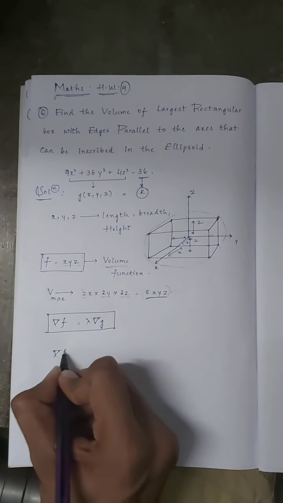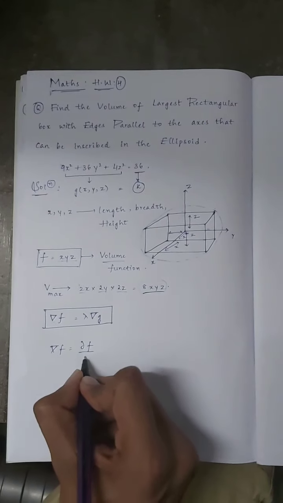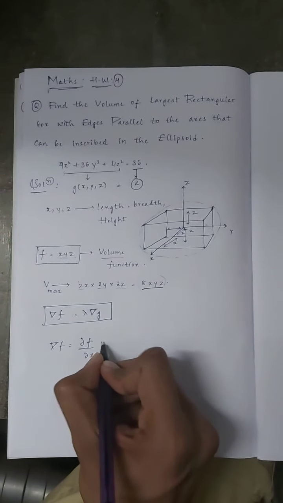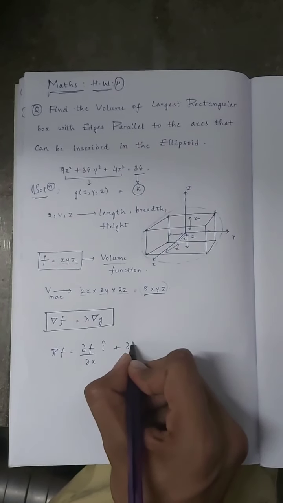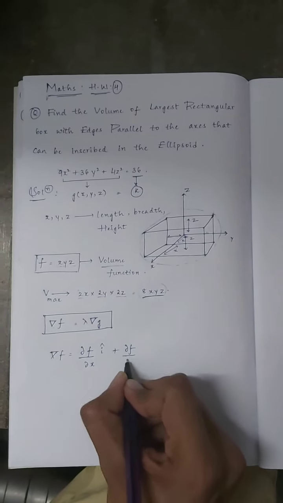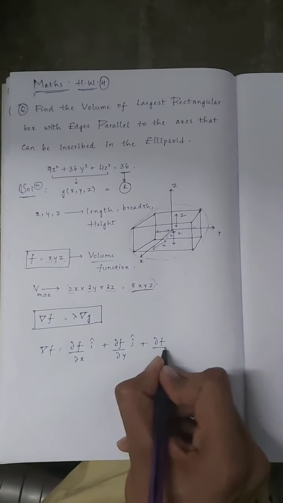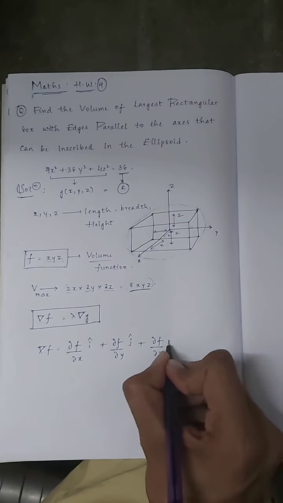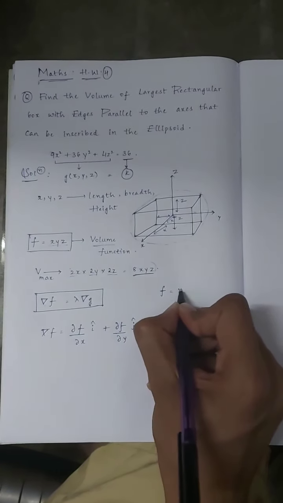Since we know that the gradient vector is made of partial derivatives with respect to the respective variables, I mean x, y, z, it would be dou f by dou x i cap, plus dou f by dou y j cap, plus dou f by dou z k cap. Since we have taken f equal to xyz,